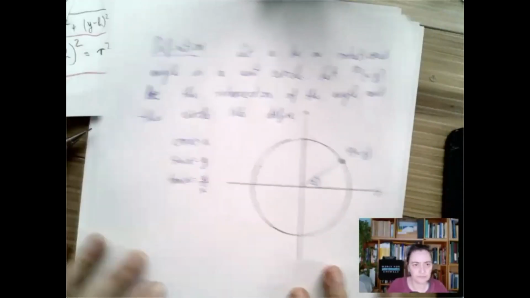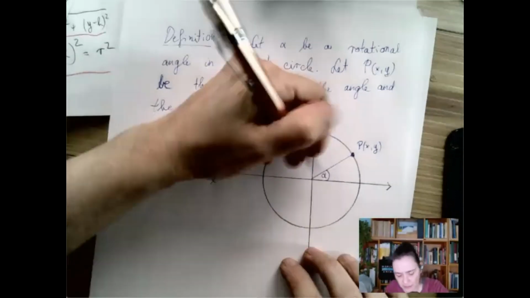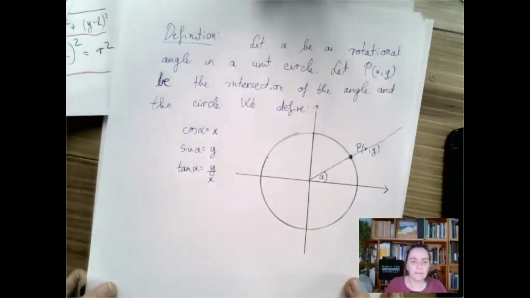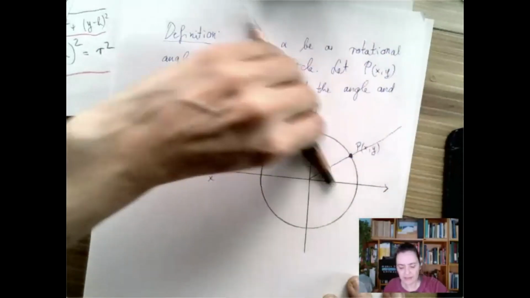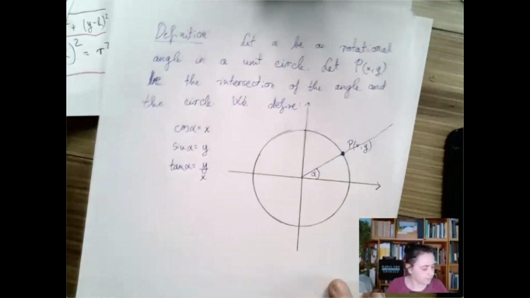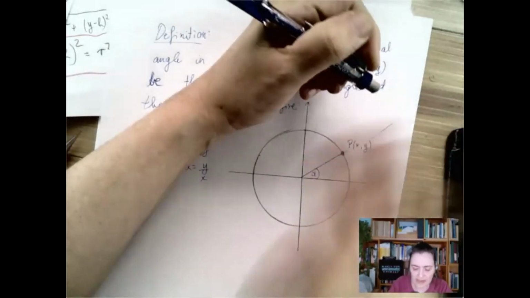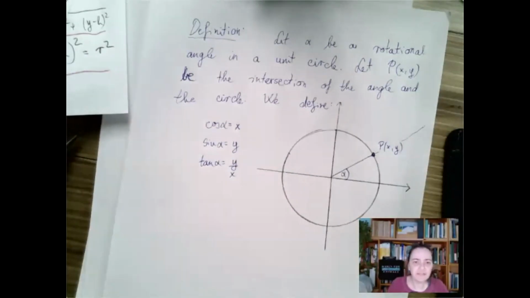So the unit circle definition of sine, cosine, and tangent is the following. Measure your angle as a rotational angle. Now, no matter what the angle is, there is always an intersection with the unit circle. Let that intersection point be P with two coordinates x and y. We define